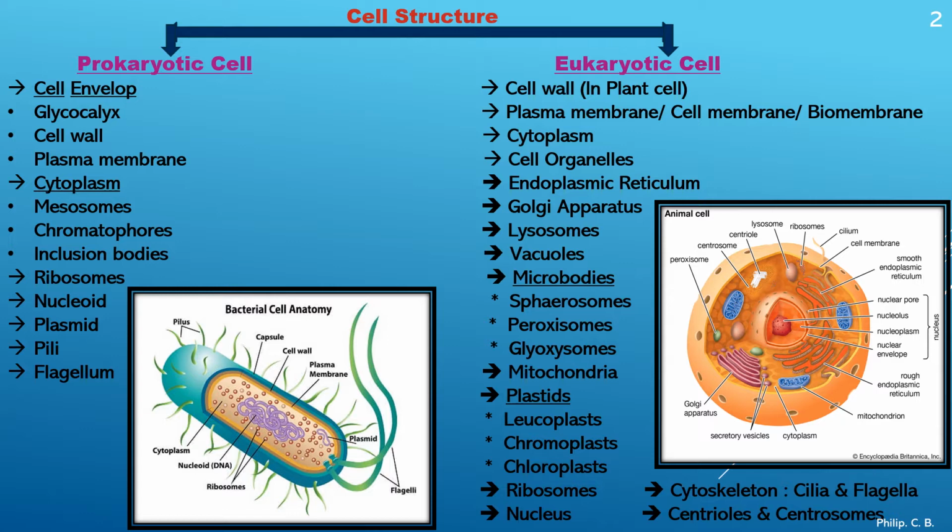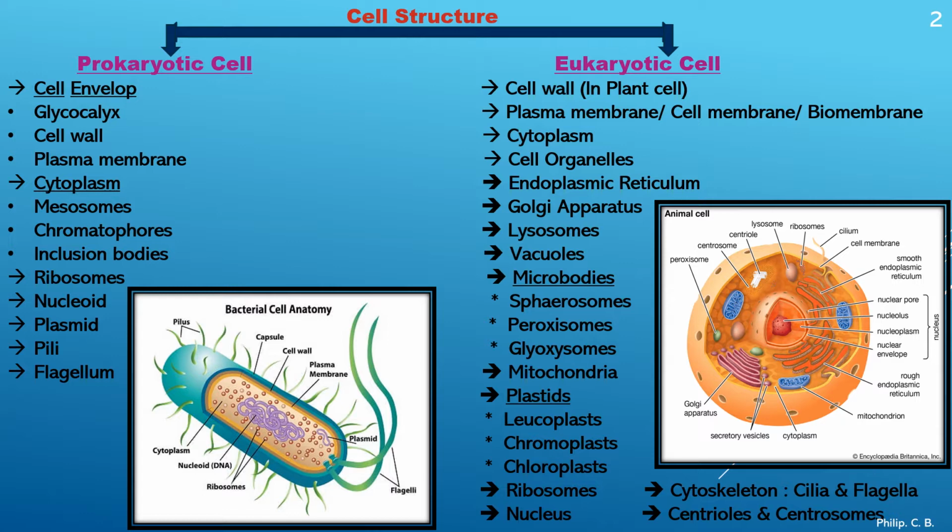As we learned in the previous part, or we can recap the previous ones, in this chart we can again see the entire topic in this single slide, where in prokaryotic cell we already learned cell envelope, glycocalyx, cell wall, plasma membrane, cytoplasm, in that mesosomes, chromatophores, inclusion bodies, ribosomes, nucleus, plasmid, pili, flagella, right? Whereas in the second type, eukaryotic cell, the first six we learned in the second part of the video